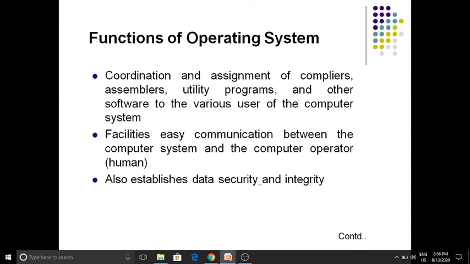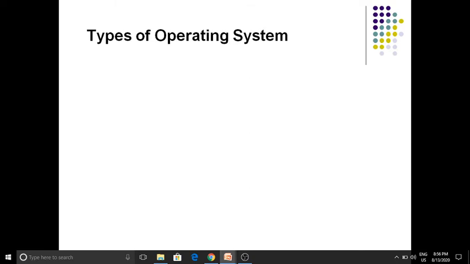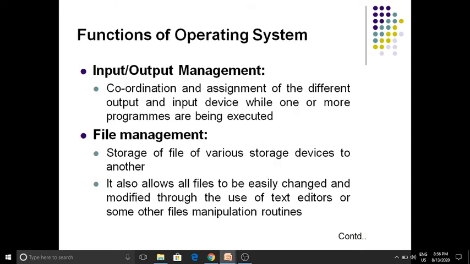Other functions are coordination and assignment of compilers, assemblers, utility programs, and other software to various users of the computer system, facilitating easy communication between the computer system and the computer operator, and establishing data security and integrity. Students, these are the functions of the operating system.